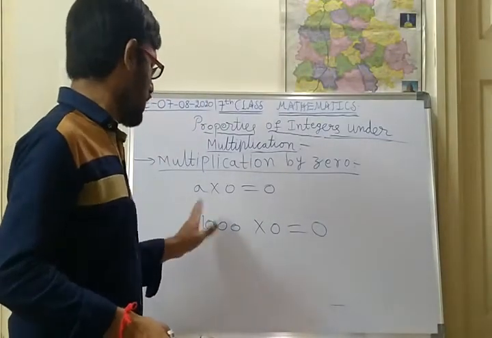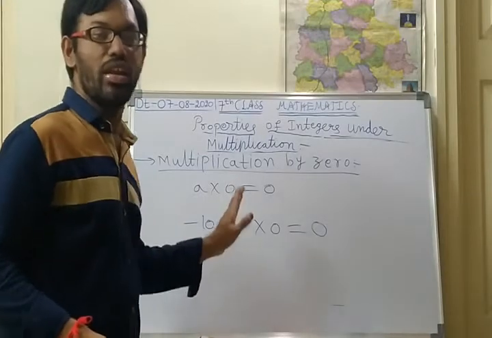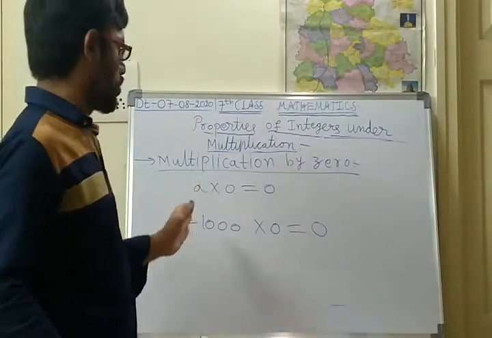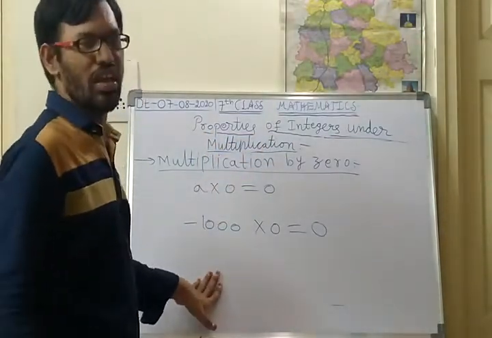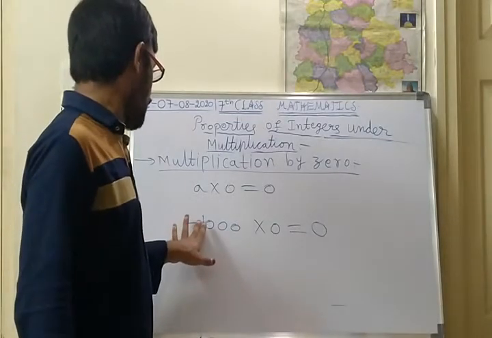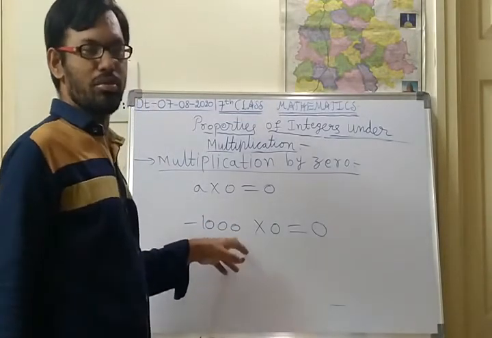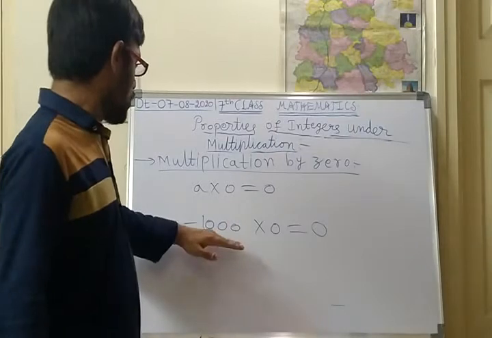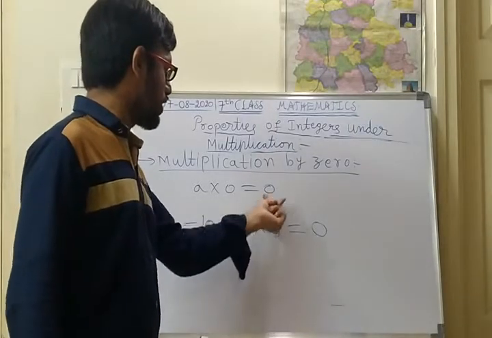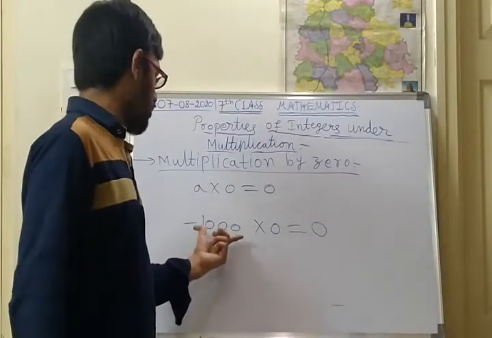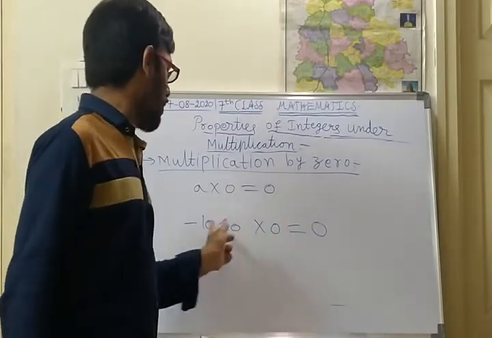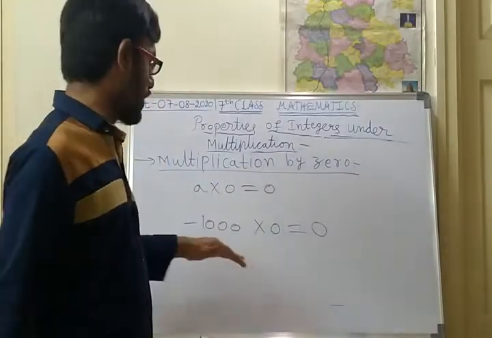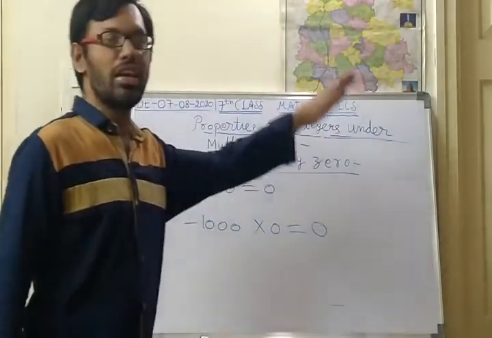This type of question is very important and very easy. 0 into something, 1 into something, 0 into minus 1, questions like that are very easy. If you misplace this concept, you will be losing 1 mark or half a mark in the exam. So please don't get confused with the numbers. Someone will see minus 1000 into 0 and, in a hurry, write minus 1000, thinking they know the answer, and end up writing a wrong answer.